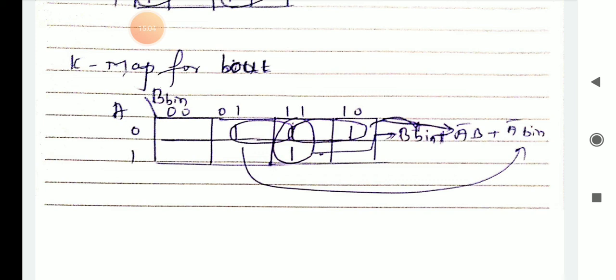Plus you can write one more combination, the third one, that is 0 mark for A bar. Only B you can write, because in one only one combination is there. Bin 0 1: 0 is the B and Bin is the 1, so that's why you can write Bin. In the same place A bar you can write and Bin you can write. First place B is there, so two combinations there, that's why you can write the B there. So this is the expression from the Karnaugh map for the full subtractor.